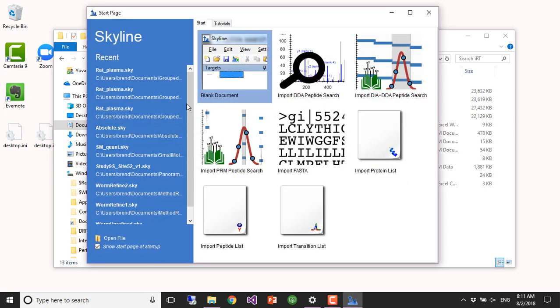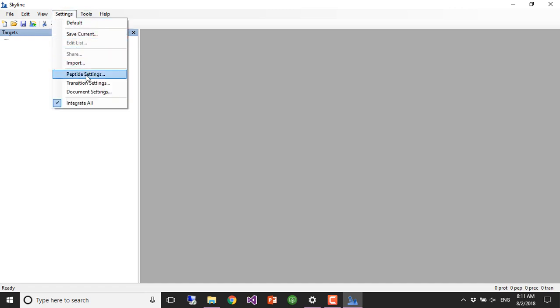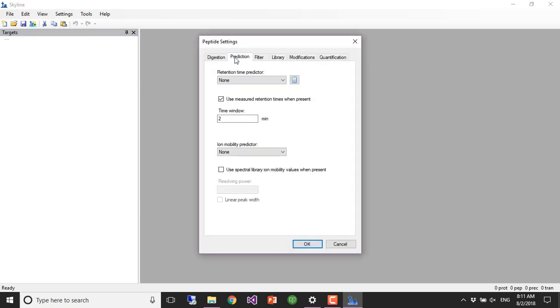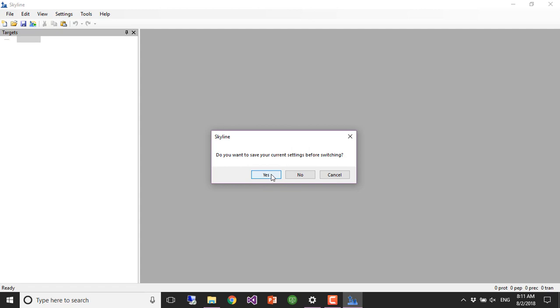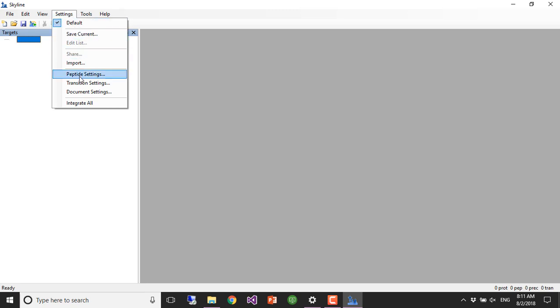So if we go to Skyline, blank document, and we go to our settings, peptide settings, and actually before we do that, just to make sure we're all on the same page, switch back to settings default again. So just choose settings default and no, you don't save your old settings. And then now if we go to peptide settings,